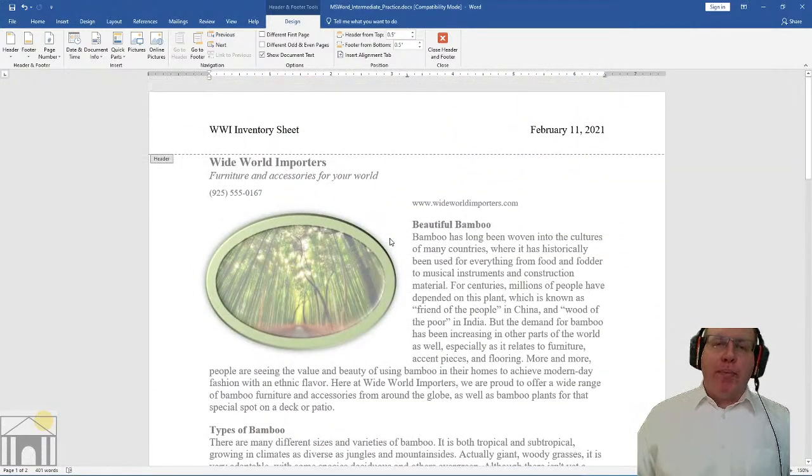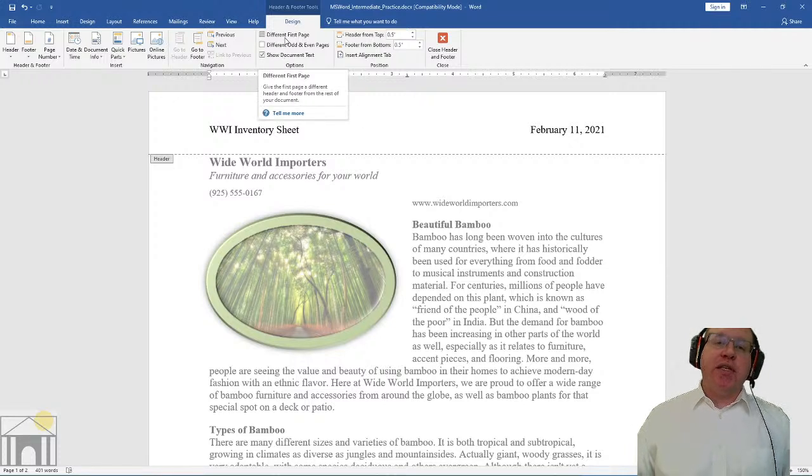Now, what happens if you want to have different headers and footers? By default, the header and footers on every single page are going to be the same, but there are a couple different options that you can do to have some different header and footers. And that's right up here again in the header and footer tools design tab at the top, under the options. There's two different options to look at. The first is a different first page. So if I click this,